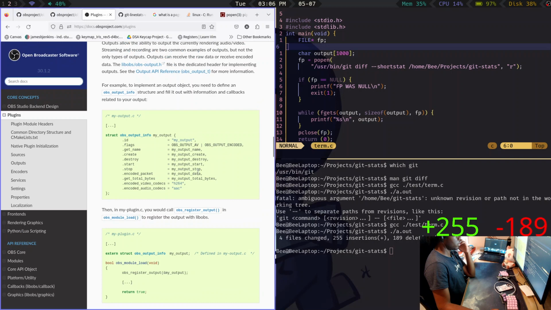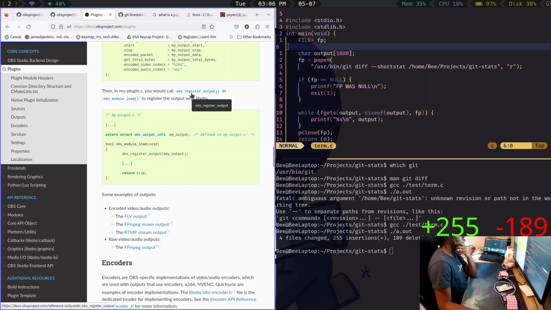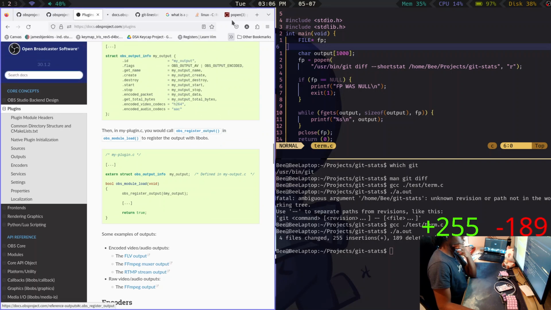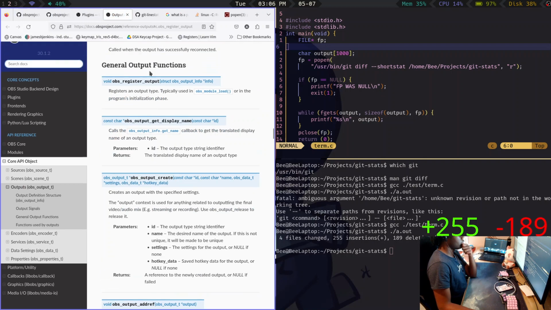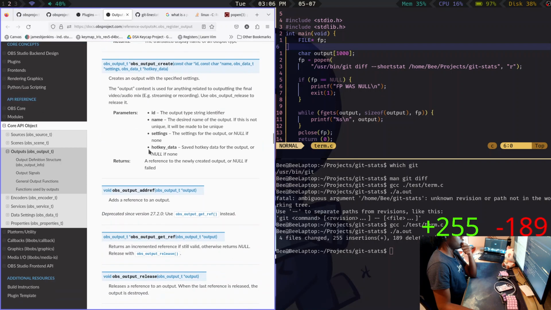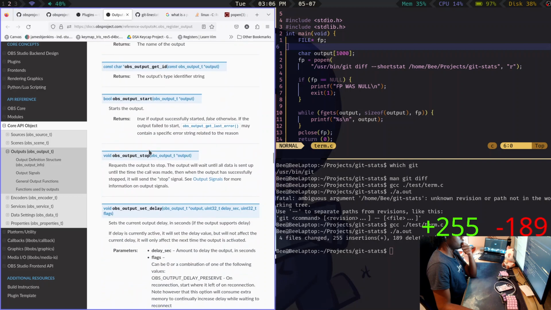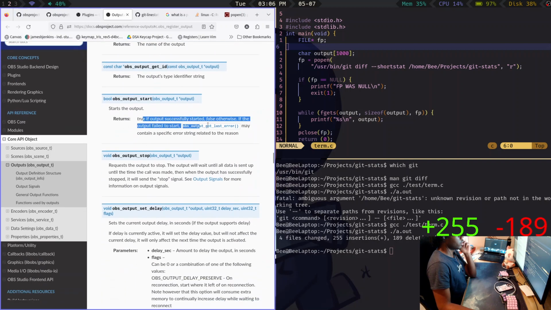My output. Then you call register. Register an output type, typically used. Start returns true if output successfully started, false otherwise.